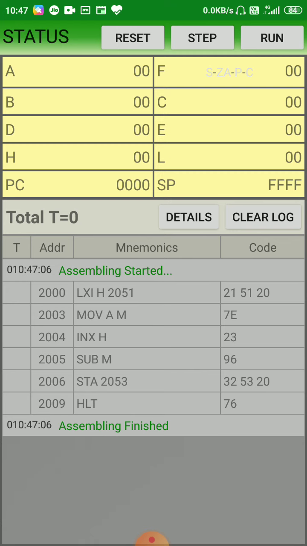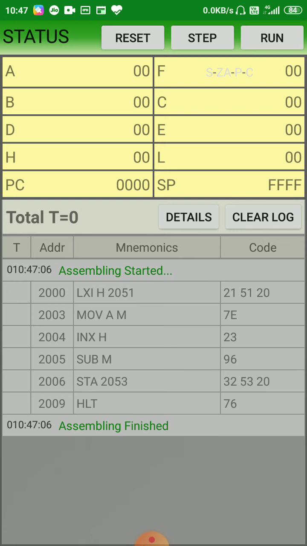You can see clearly here assembling is finished, but your program counter is 0000, and stack pointer is FFFF.